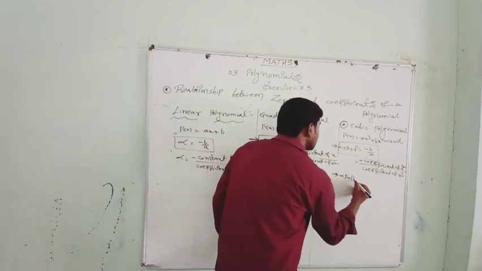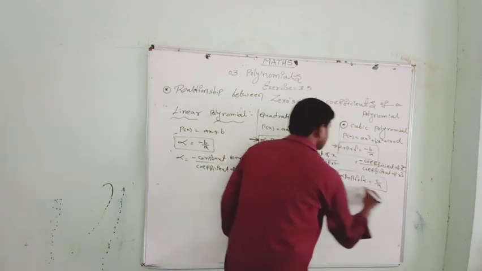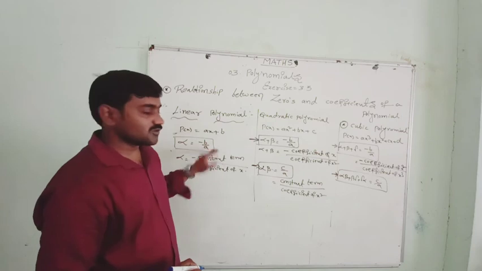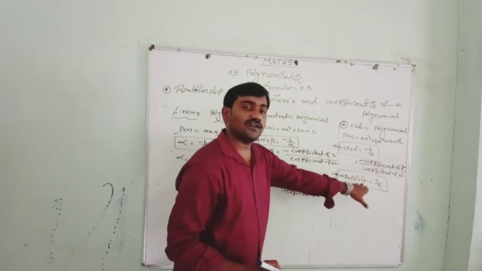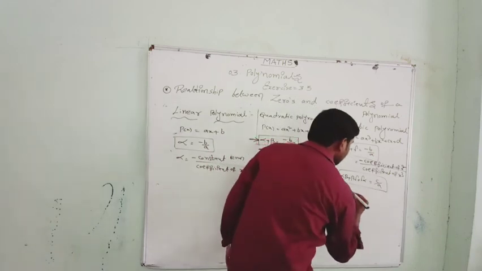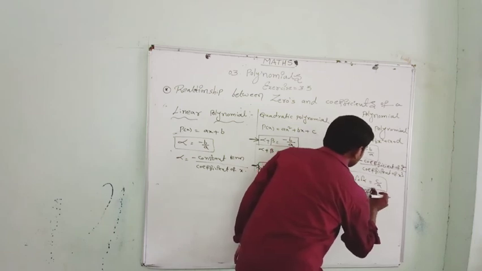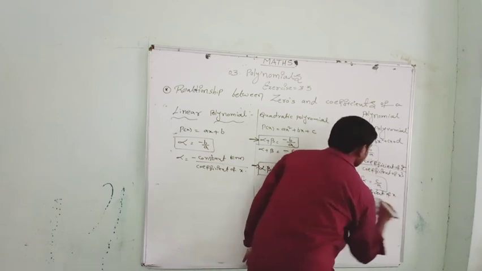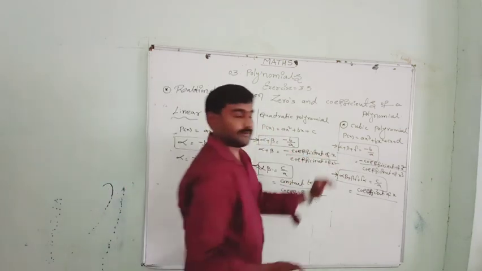alpha beta plus beta gamma plus gamma alpha equal to c by a. Same. Here only one zero, so we don't get the other one. Here we have two zeros, so alpha into beta we got, that is c by a. Here sum and product of the zeros. But here c is what actually? C is nothing but the coefficient of x, by a, which is the coefficient of x cube. Always by a. In the denominator always it contains a.